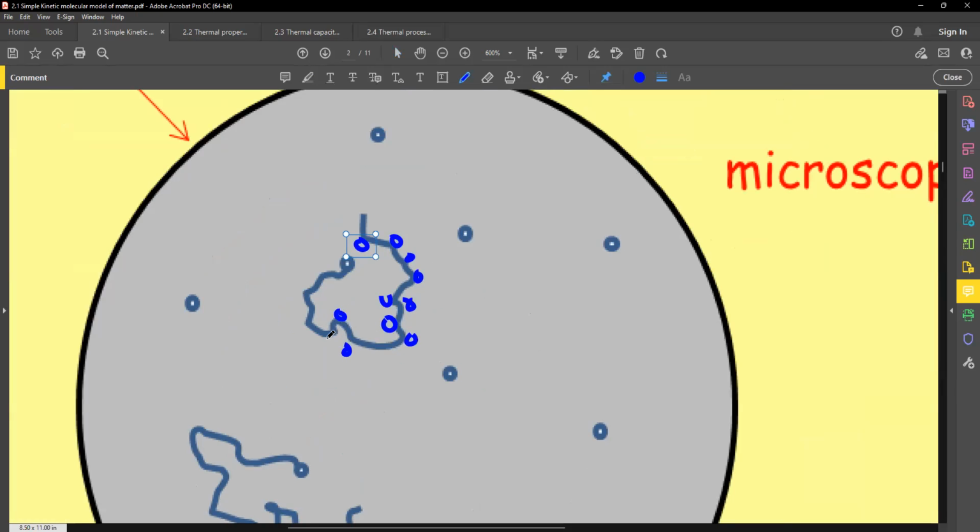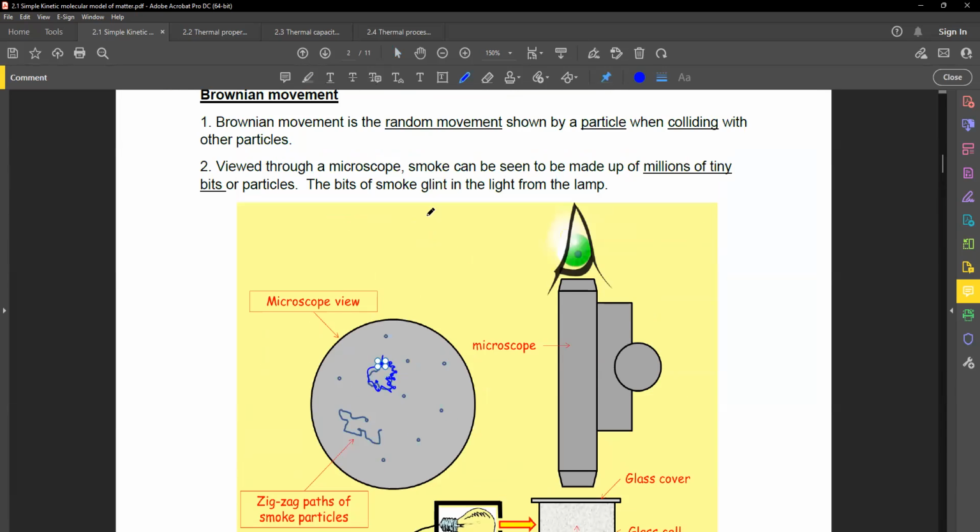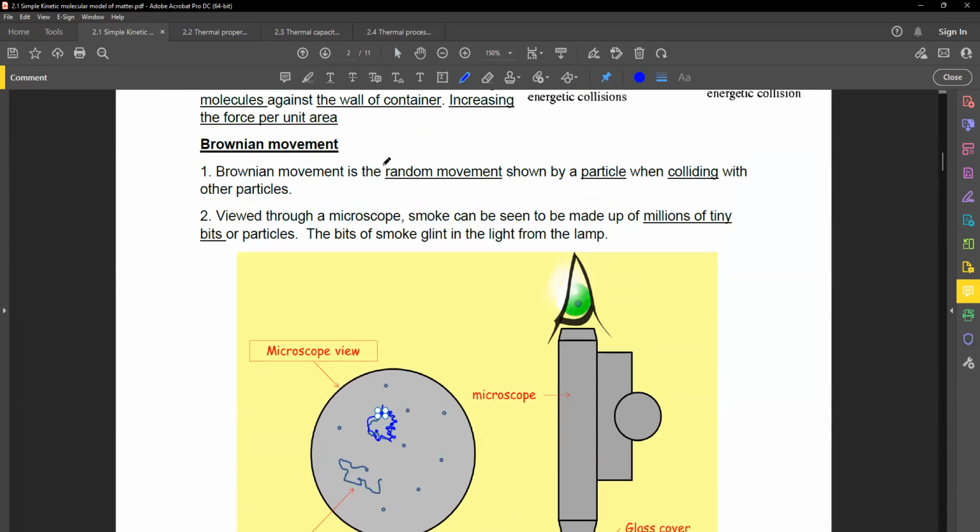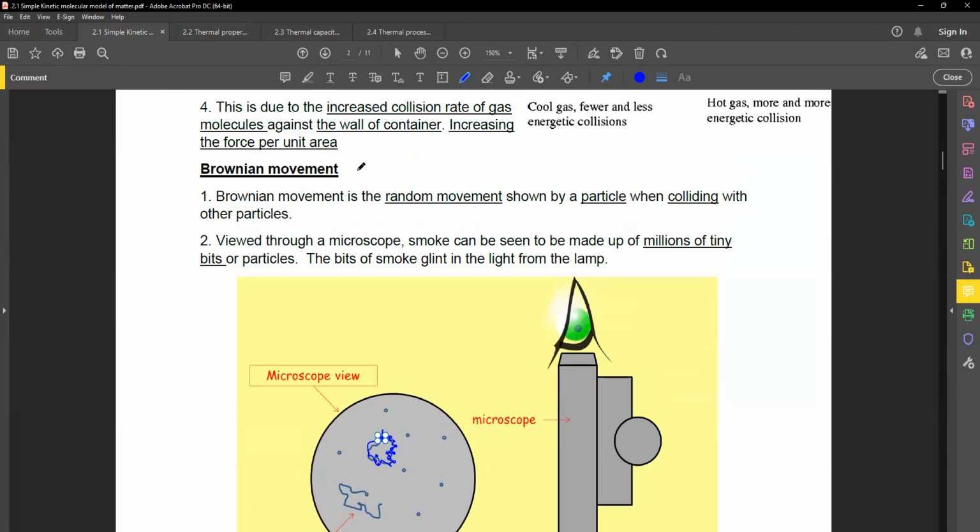And when the gas particles collide against other gas particles here, they will bounce, bounce, and so on, right? So in your IGCSEs, if they ever ask about Brownian movement, there are only two specific